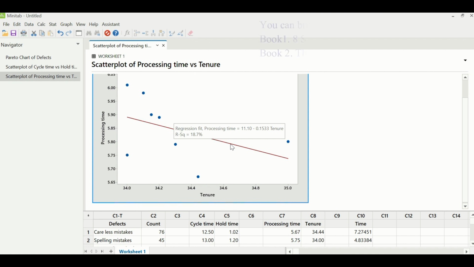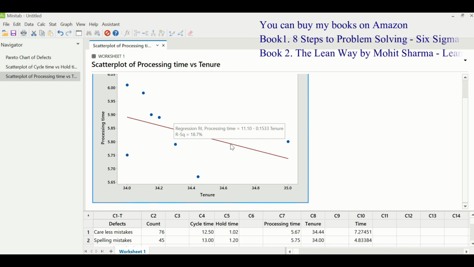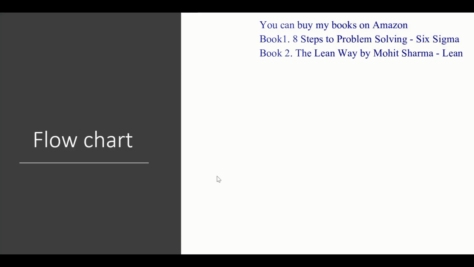And R square value is 18.7%, which indicates that this is a very weak relationship between this X and Y. So any relationship which is greater than 65% is considered as strong relationship, and that is when you can consider that particular X is impacting your Y. In this case, we can say that tenure is not really impacting the processing time because the R square adjusted value is 18.7% only.